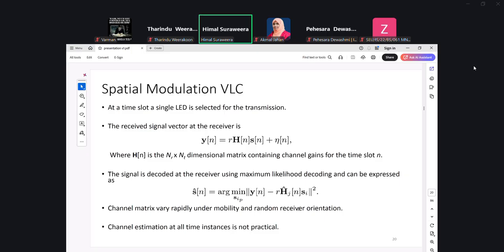to estimate the transmitted signal. So it is very clear that we first need to estimate the spatial signature, or in this case the channel. In a complex environment like this, with user movement as well as random receiver orientations, you can apply a machine learning approach.